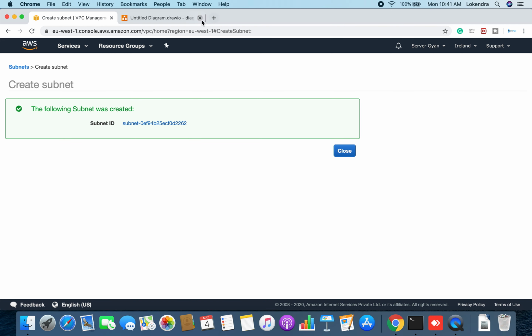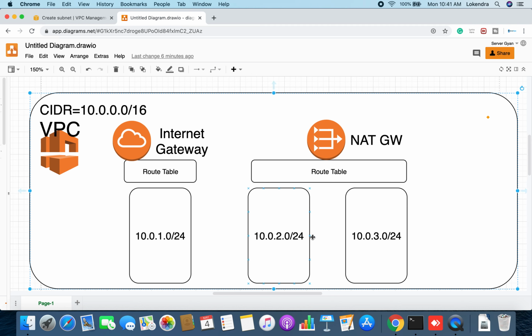So today we are trying to learn how to identify which subnet is public and which subnet is private. There can be a situation where you may be asked which subnet is private. For example, an already up and running VPC is there and someone asks, tell me whether 10.0.3.0/24 is a subnet that is public or private.